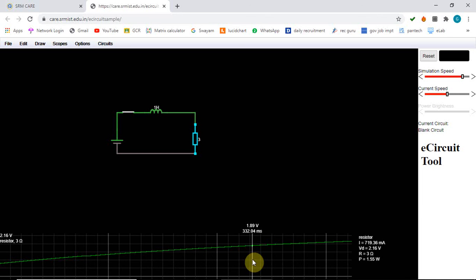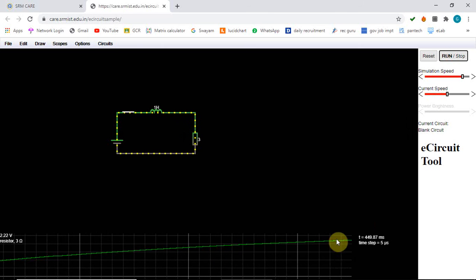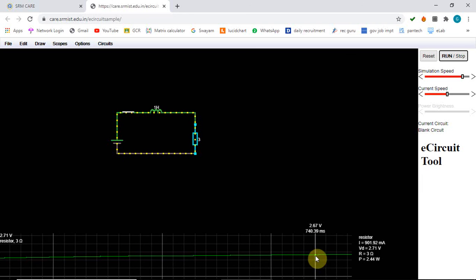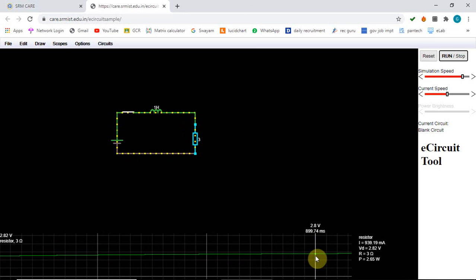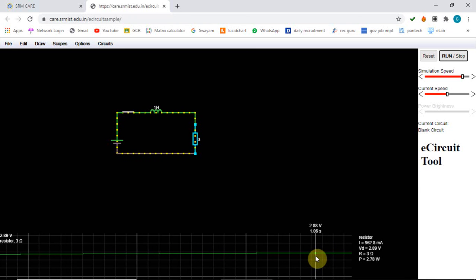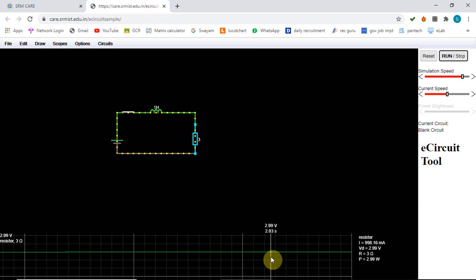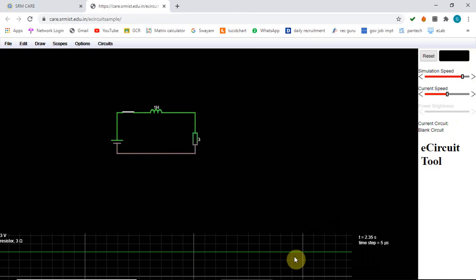Now further you run your simulation and check whether your response reaches 3 volt as its steady state value. So run it and check whether it's getting settled down at 3. Once it reaches 3 volt, you just stop your simulation because 3 is the steady state voltage. So now it's 2.98. Yes, it has reached 3. Now stop your simulation and check at what time it reaches 3 volt.